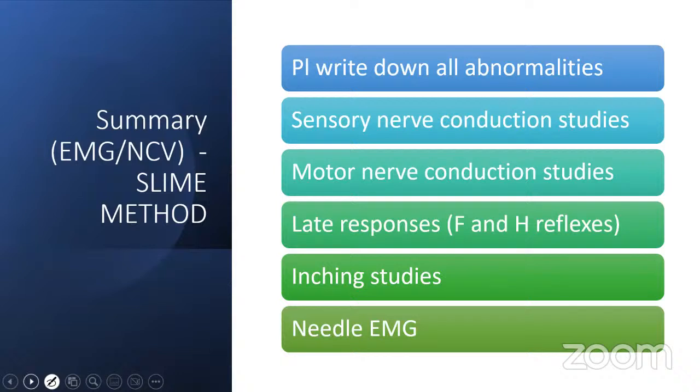So now please write down all the abnormalities. What are the sensory nerve conduction studies showing? What are the motor nerve conduction studies showing? That means distal latency, CMAP, nerve conduction velocity. Then what are the late responses, F wave latencies and H reflexes? And if you suspect any entrapment neuropathy, you have to do inching studies to identify it. And then you have to confirm